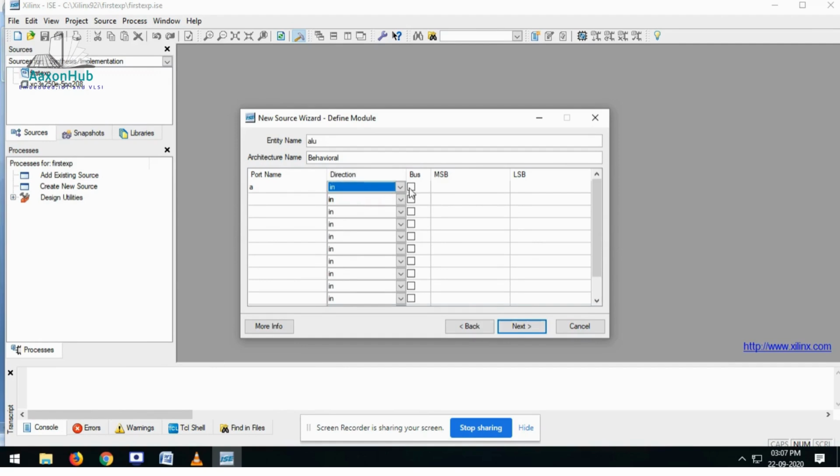Again, this is an input signal, and it is 4-bit, so you write the range from 0 to 3. Likewise B, again an input signal, so direction is in. It is a 4-bit vector, so you select 0 to 3. There is a Y signal, which is your output signal, again of size 0 to 3, 4-bit.